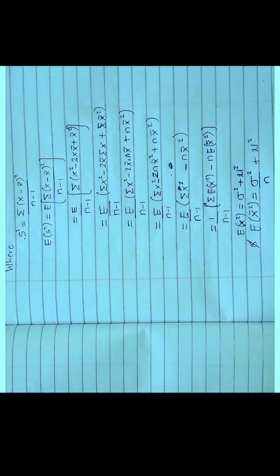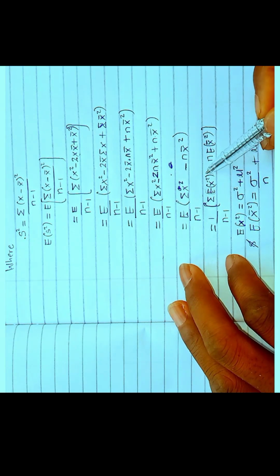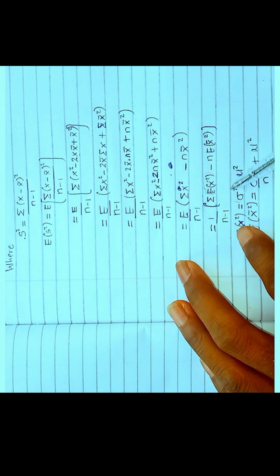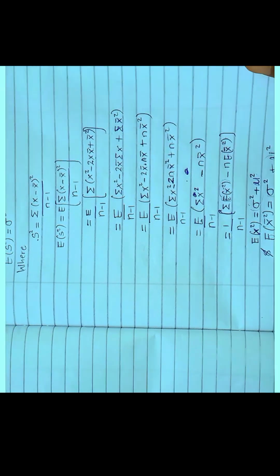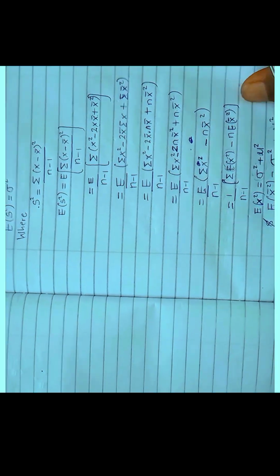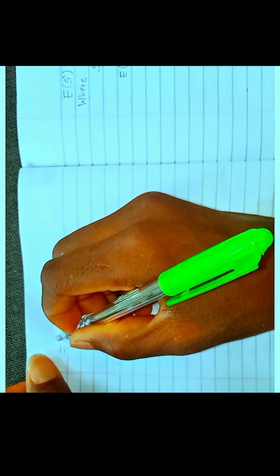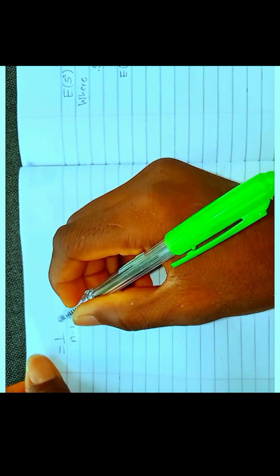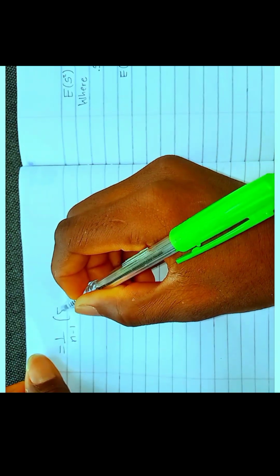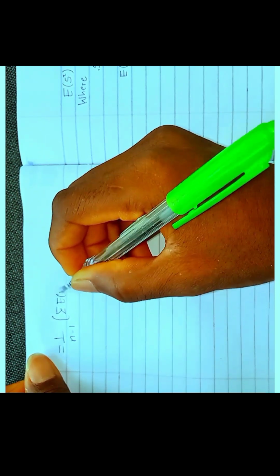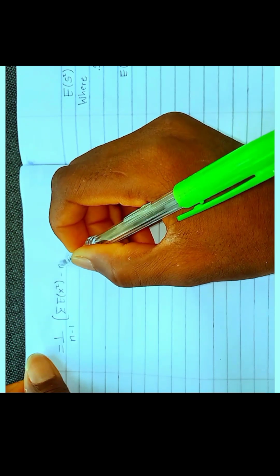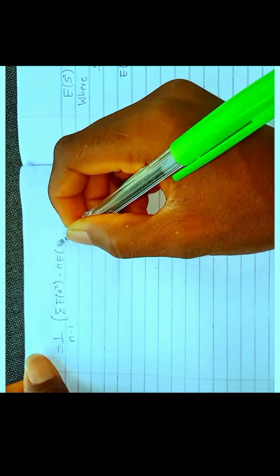So from here, in place of this particular expression here, we are going to be substituting this, and in place of this here, we are going to be substituting this. So on doing that, let's use this next page. Let me repeat this expression before my substitution. We are going to be having that 1 over n minus 1 bracket summation of the expected value of x squared minus n expected value of x bar squared